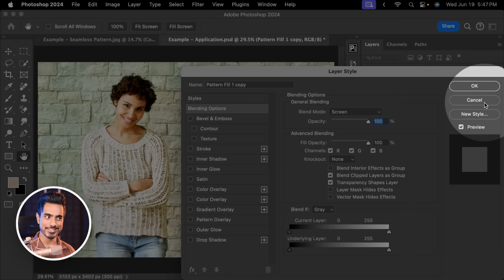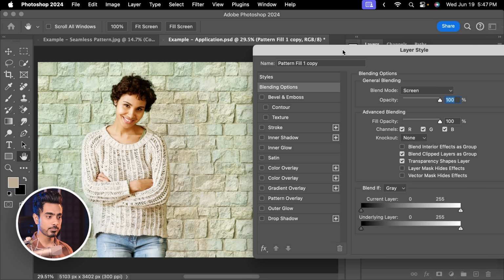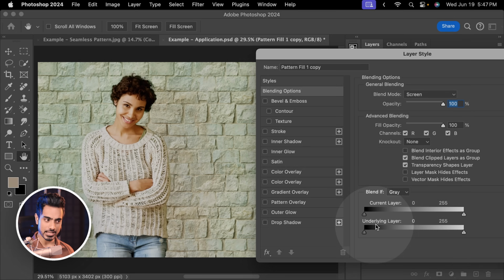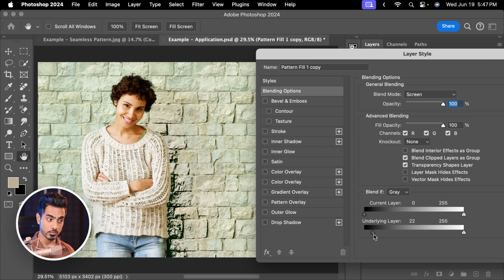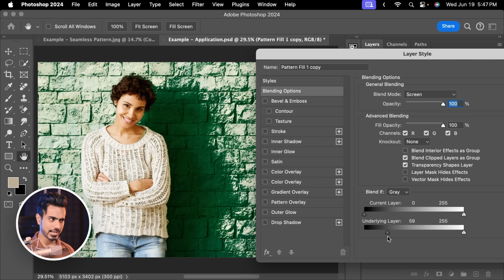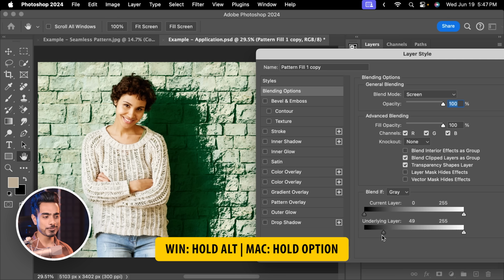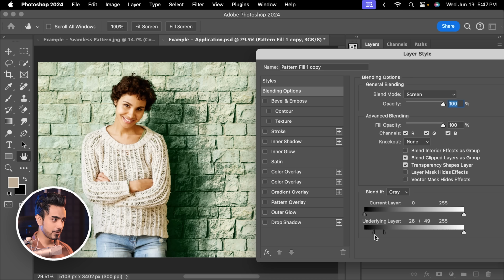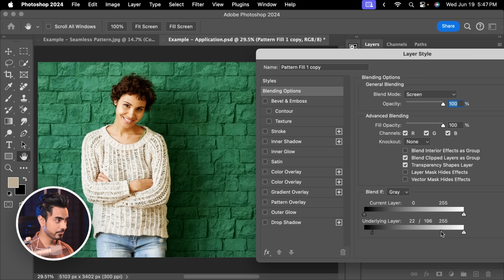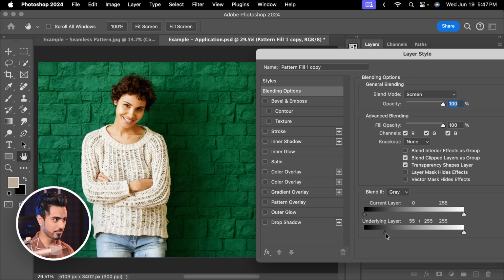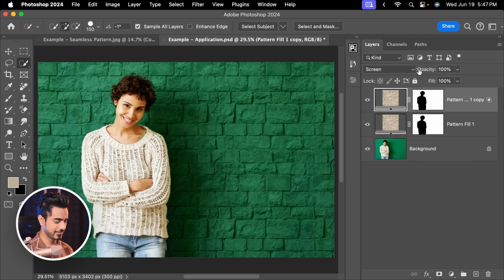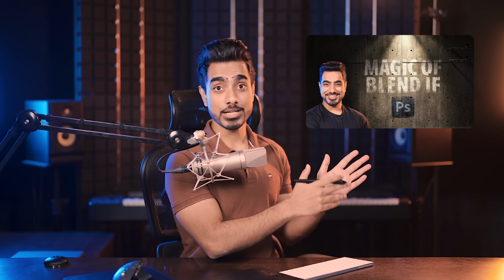So double click on the right hand side of the layer, take it away from the dark areas by taking the slider of the underlying layer from left to right, like so. But then again, this is harsh. So hold the Alt key or the Option key, click on the slider to break it apart, make the transition smoother, like so. There you go. This is also something you can consider doing. Fantastic. Fun. If you want to learn more about Blend If, there is a complete guide right here, but this video